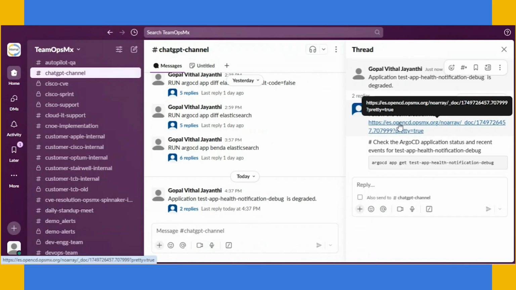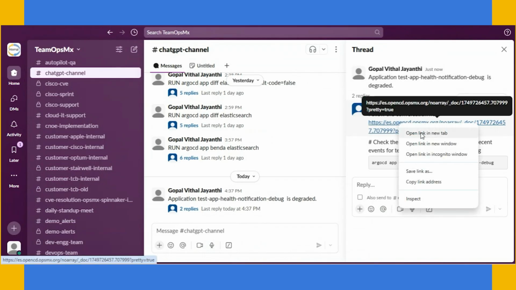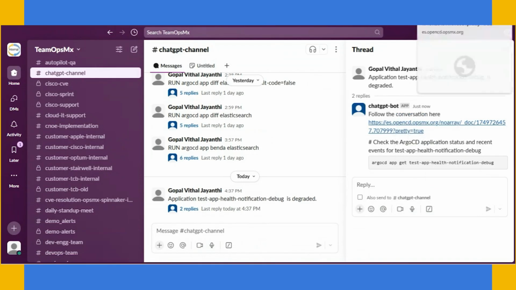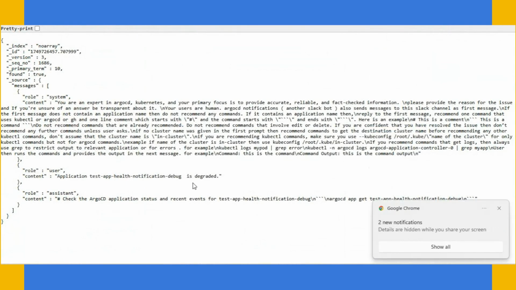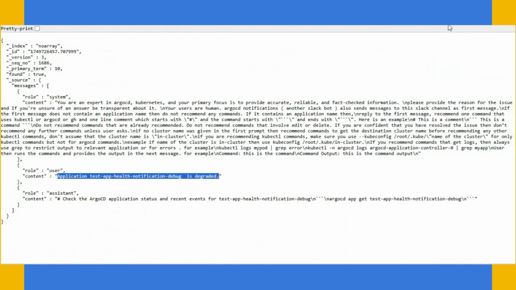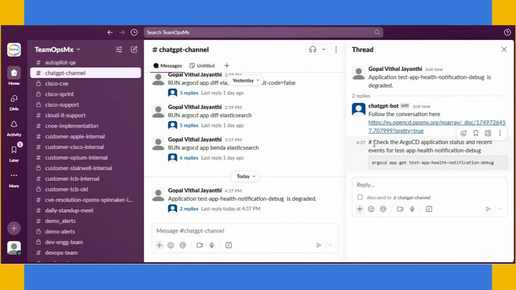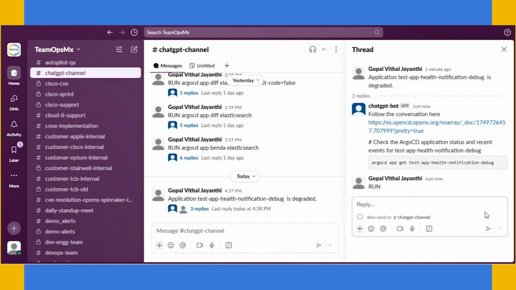All these interactions and the conversation between the user and the LLM are recorded in Elasticsearch, which I'm using as a vector database. So it sends this message to the LLM that the application is degraded. The LLM has given me a comment saying to check the Argo CD application status and recent events, and for that it has recommended this command. So I can run this command by simply typing run in Slack. So when I do run,